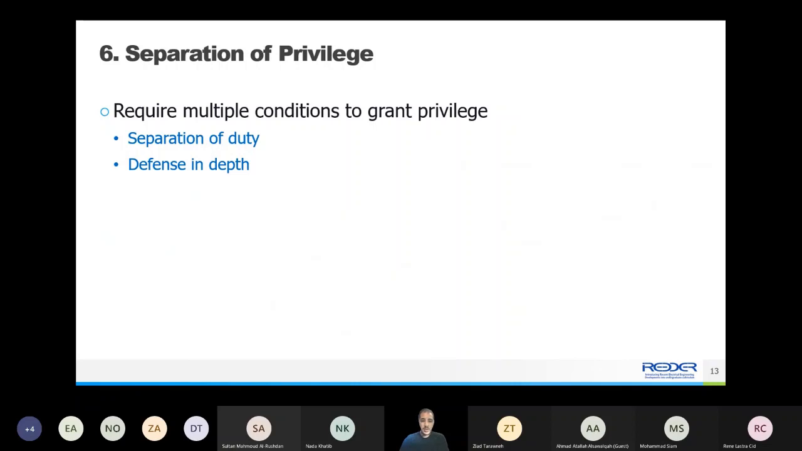Separation of privileges. This principle states that the system should not grant permission based on a single condition. So as many conditions are created, the safer the way the privilege is given. For example,